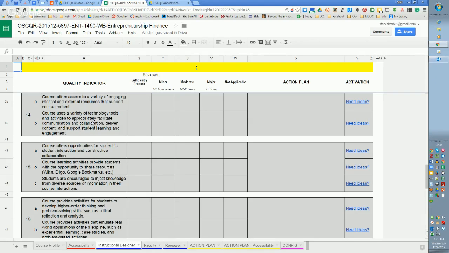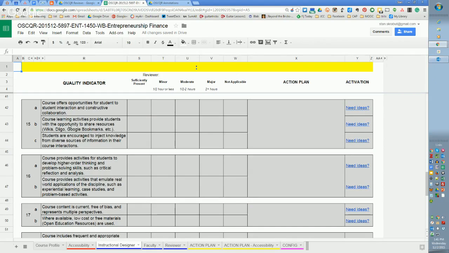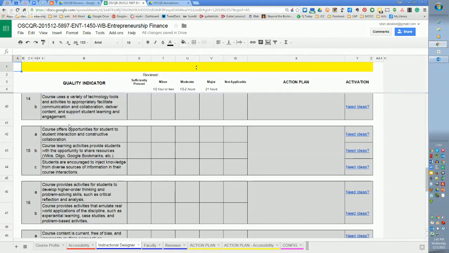Course uses a variety of technical tools and activities to facilitate communication, deliver content, support learning and engagement, right? So you're using variety, not the same thing over and over, right? Give some engagement, have them learn something new, have them do a different activity,